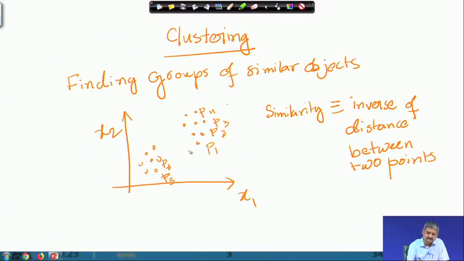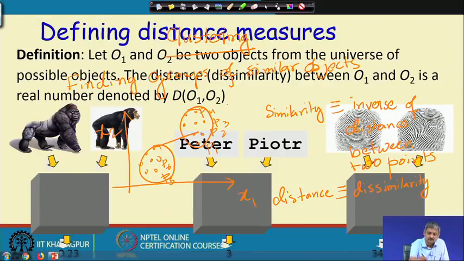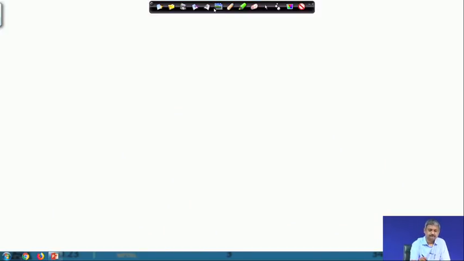So, the similarity between two things is this distance. Then what I am trying to do is to find all groups which are close. To explain again,